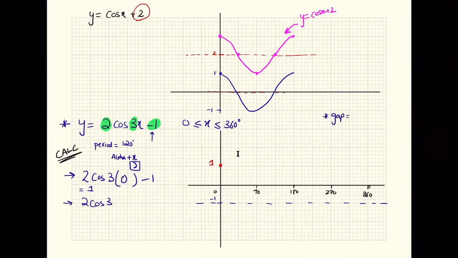ठीक है, जब आपके पास आपका पीरियड चेंज हो रहा होता है ना, you can calculate the gap, कि इस गैप से आप वैल्यूज मार्क करोगे. So gap is given by 90 upon b, और b की वैल्यू यहाँ पर क्या है, 3 है. So 90 upon 3 is gonna give you 30 degree, which means that you can take 30 degree के intervals to mark this. So if I would have taken 30 degree के intervals, this is what I would have done.